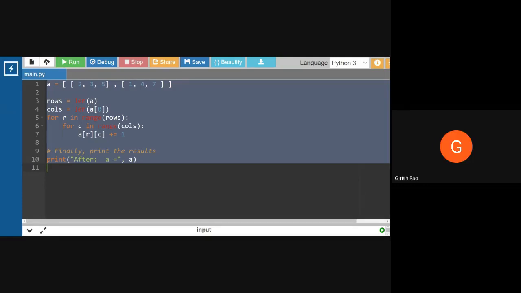Any other issues anyone has? I have already spoken to Coding Ninja regarding the Coding Ninja platform. If some of the students have not got it, so wait till evening or wait till tomorrow, you should be getting it. 1305 noted. Harshit Singh, wait till morning, okay? It should be visible to you.